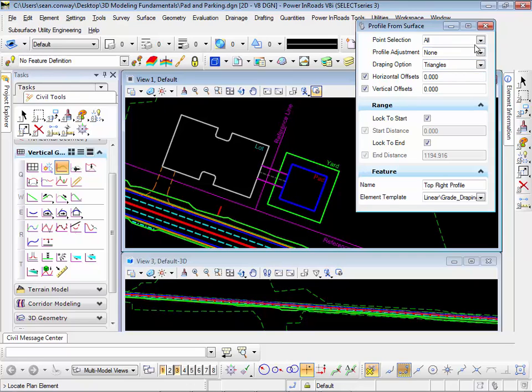So I want to make sure my profile from surface, we have our point selection set to all, our profile adjustment set to maximum, draping option is triangles, horizontal offset is 0, vertical offset is 2, the range should be the entire length, so we have locked it to the start, locked it to the end. We're going to give it a name of pad profile, and we're going to use linear site pad